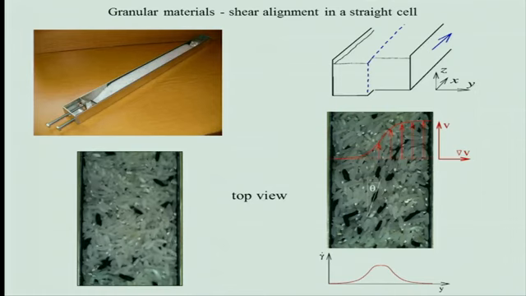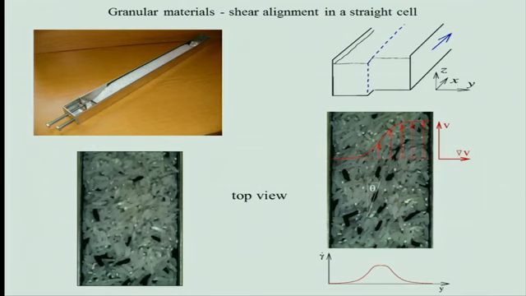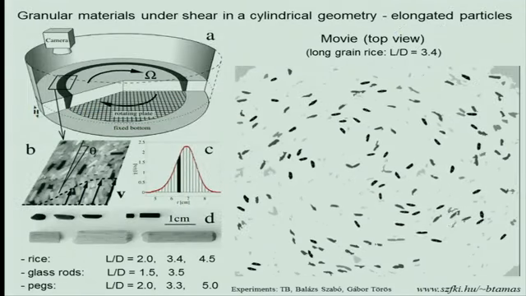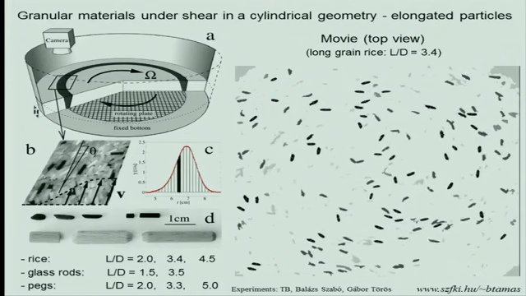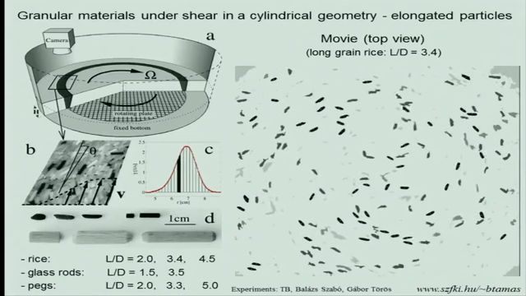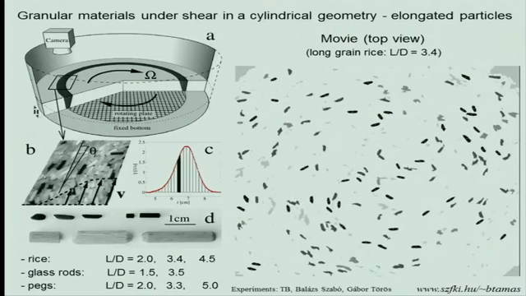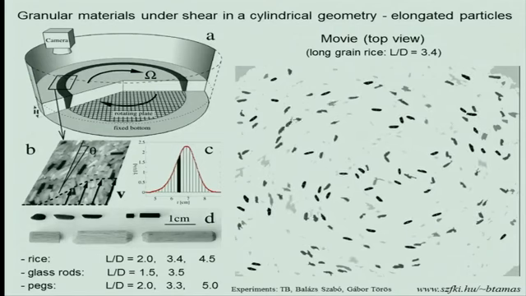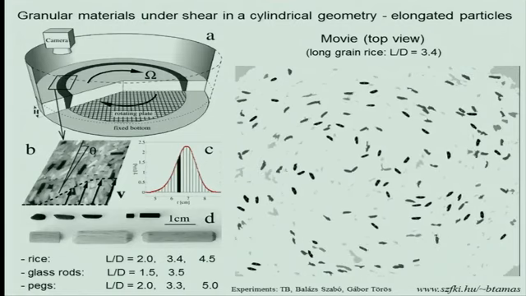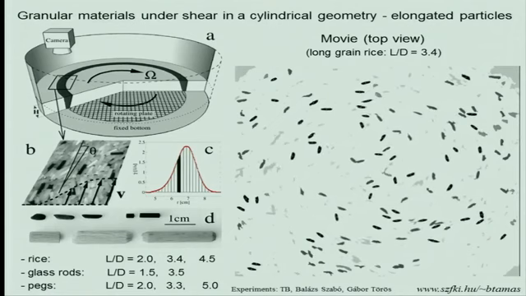So now I want to do this experiment for a very long time and collect much data and have good statistics. So I'm using a different cell where I rotate a plate below the material, and this way I'm shearing the sample in this dark region. This is the top view of the experiment, and as you see, the particles are sheared in this region and they get aligned. This image is already processed. We paint black all the good tracer particles which have the right shape,